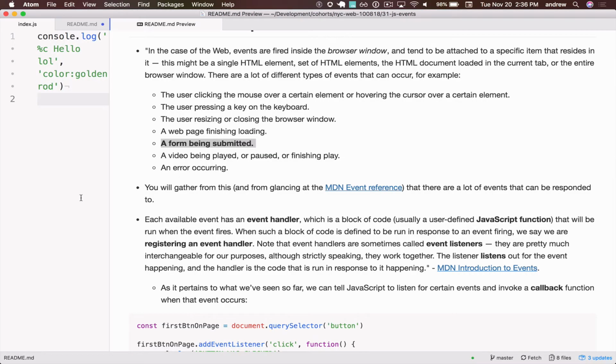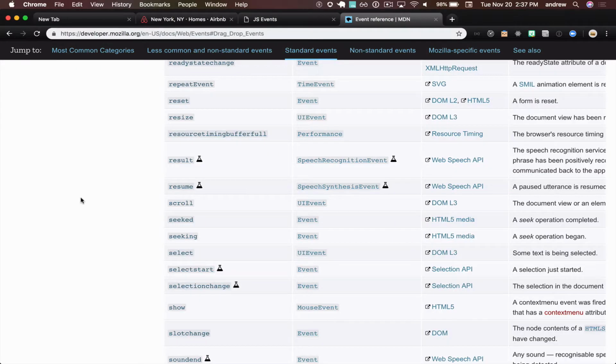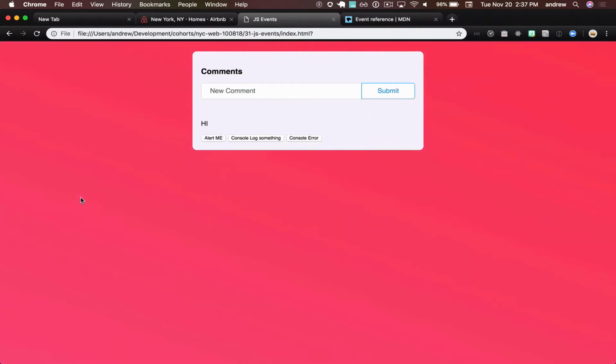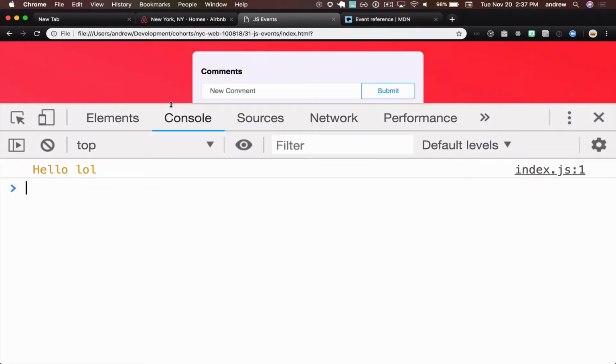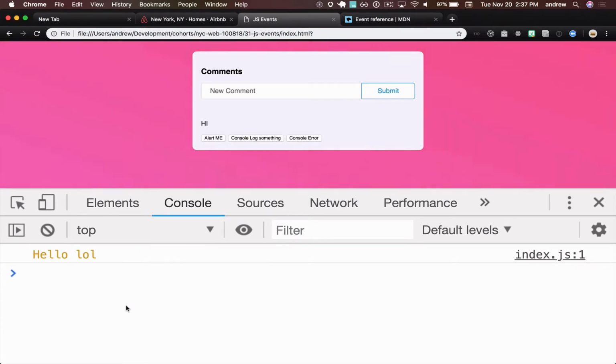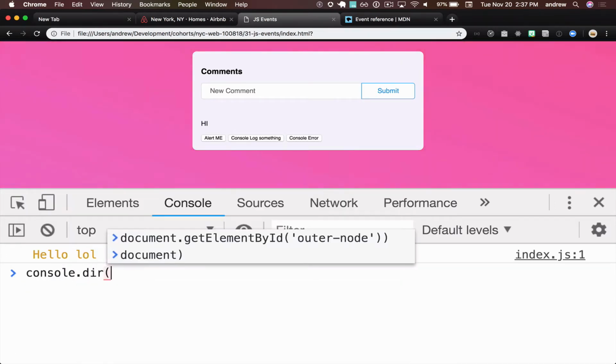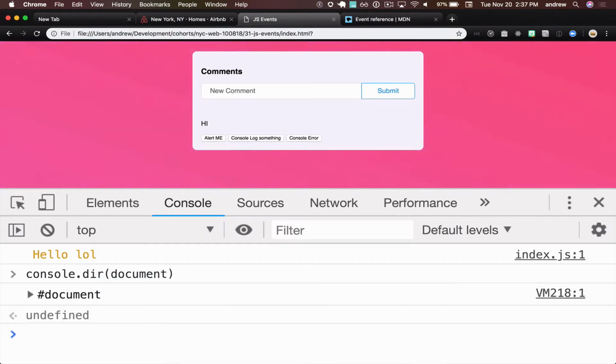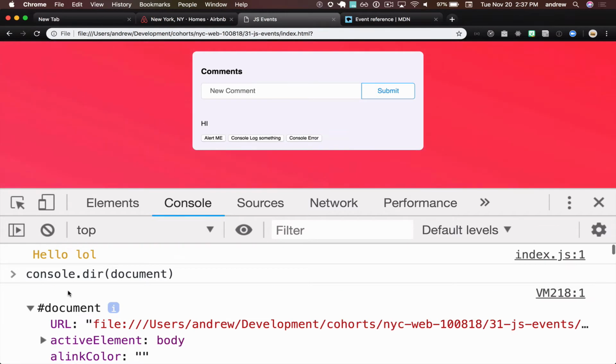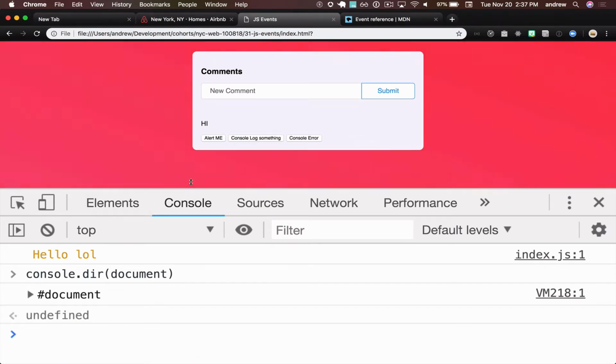So there's a ton of events that happen in the browser, and we can actually tell JavaScript to listen for these events. Let's think about a simple example. More specifically, what thing are we interacting with whenever we're writing JavaScript to change the page? The DOM, the document object model. And we learned that the document is just a big old object, a bunch of key value pairs. One of those keys happens to be getElementById,